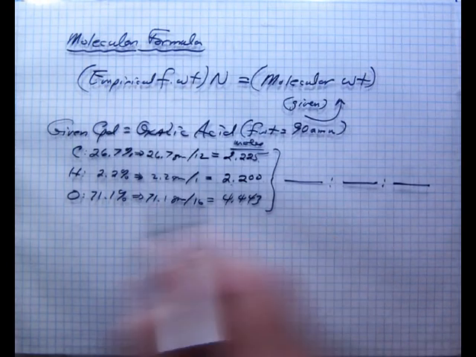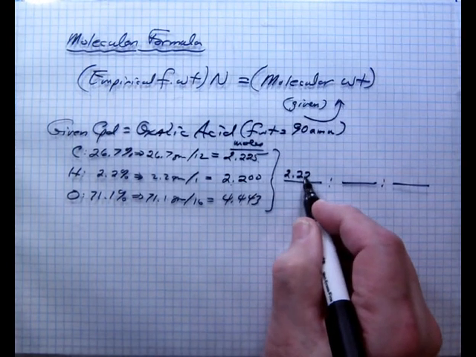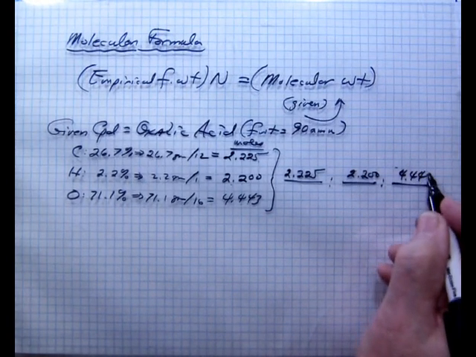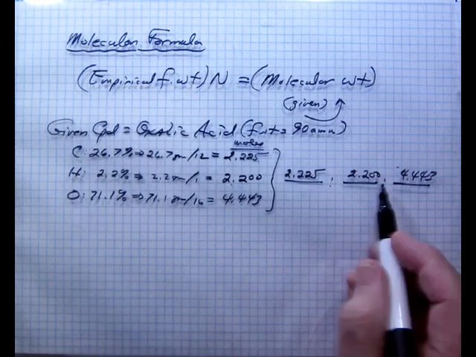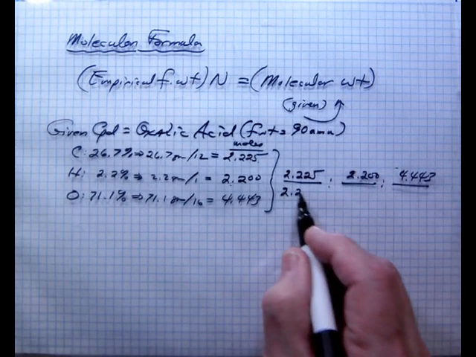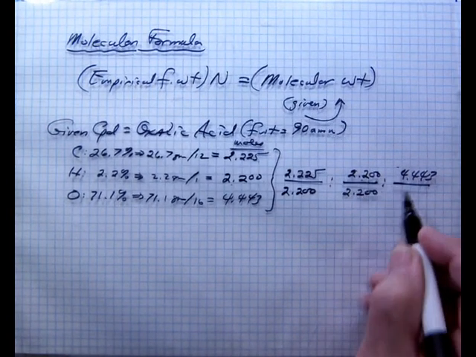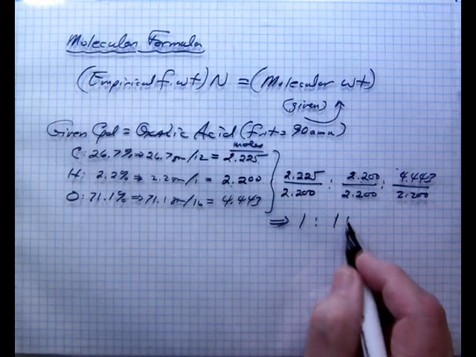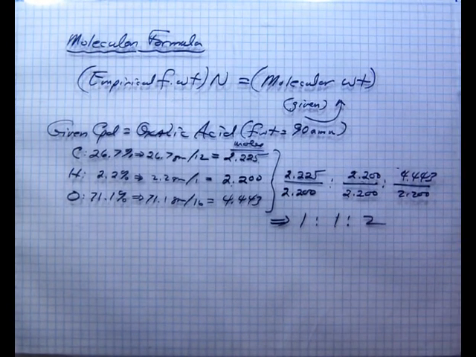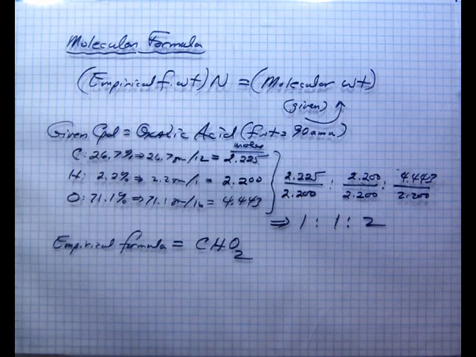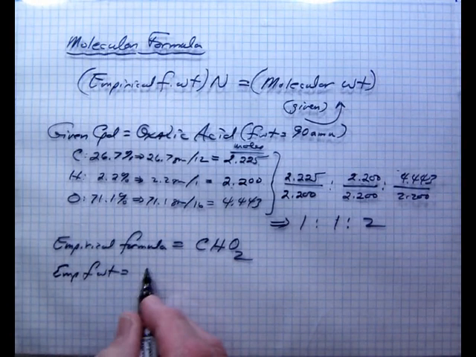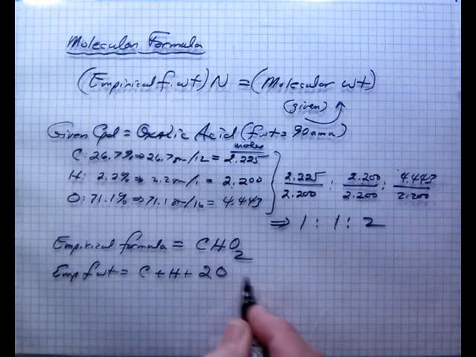So for carbon, 2.225, 2.200 for hydrogen, and 4.443 for oxygen. And looks like the smallest number is 2.200. Well, this gives us a reduced ratio of 1 to 1 to 2. So the empirical formula is CHO2. And from this, we can get the empirical formula weight to equal carbon plus hydrogen plus 2 oxygens,